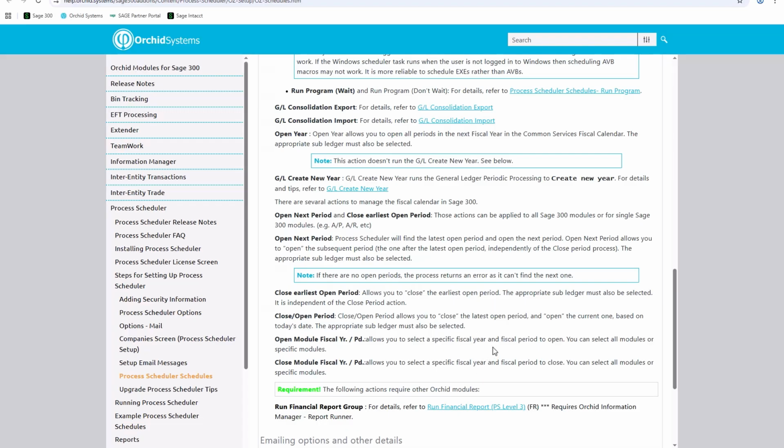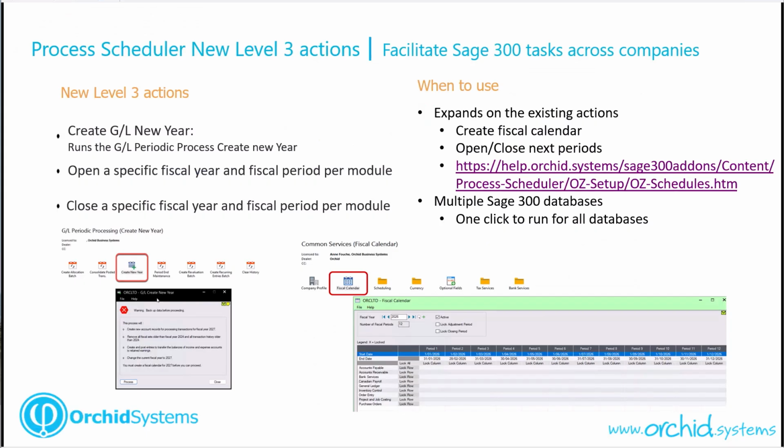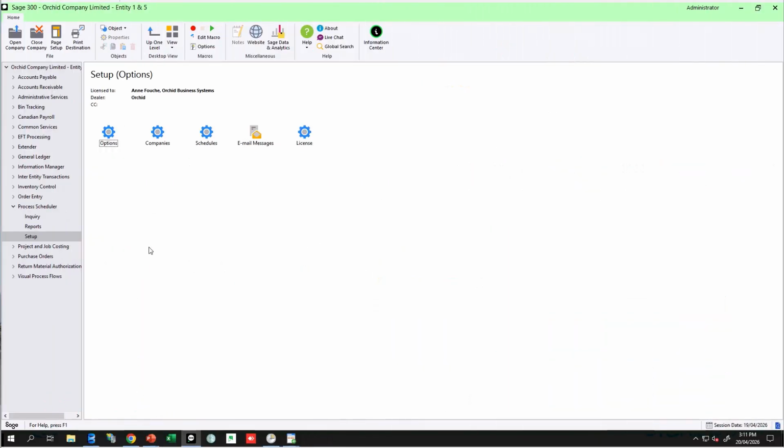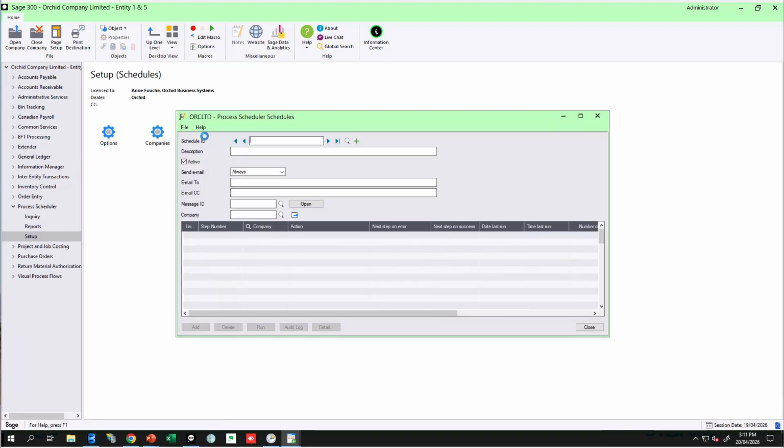So for example, you might be in June and need to open January for a particular reason in a number of companies. And these functions are particularly useful when you have multiple Sage 300 databases, because you can at one click run these tasks across multiple databases, saving you logging in and out of the companies and running those same tasks. So having a look at this in Sage 300, if we go to our Process Scheduler Setup Schedule screen